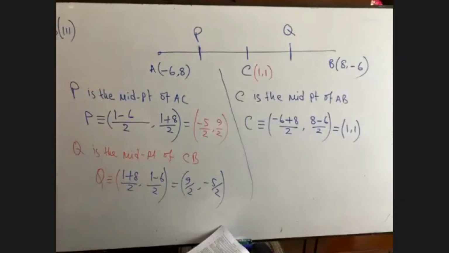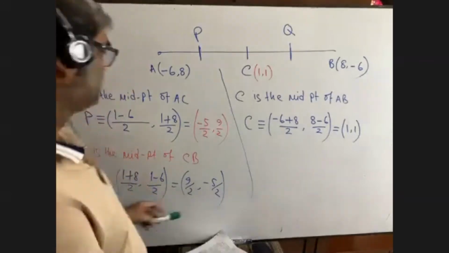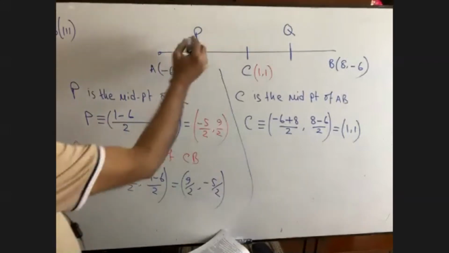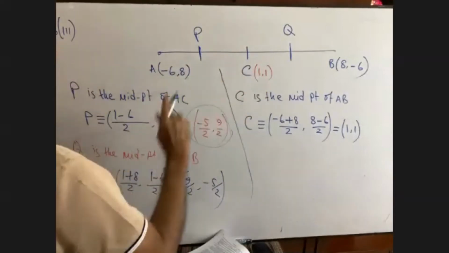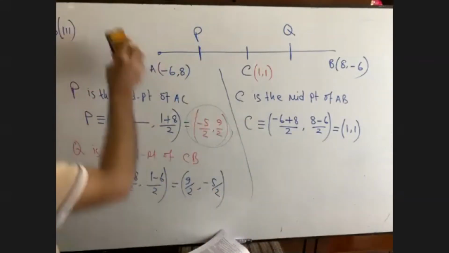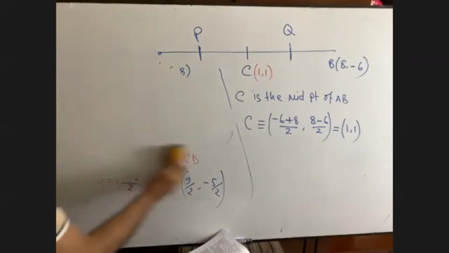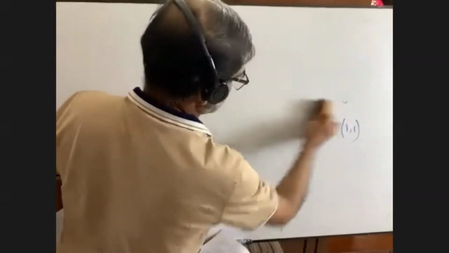So we have got our points. At first you have to write down P, that means this. Then we have to write down C, 1 1. Then we have to write down Q, this one. So we have got the points P, C, and Q. I think you have got it. It was not a hard math. It was the easiest math. If any student knows the formula to find the midpoint, then he can.